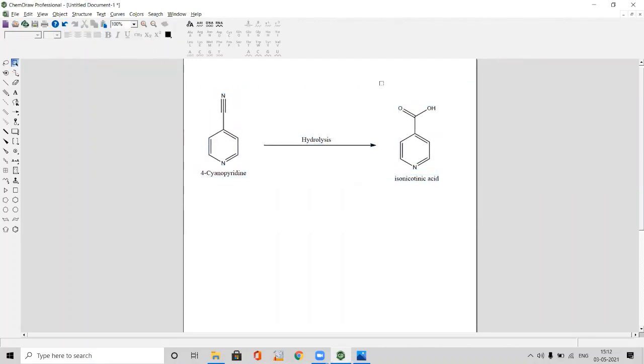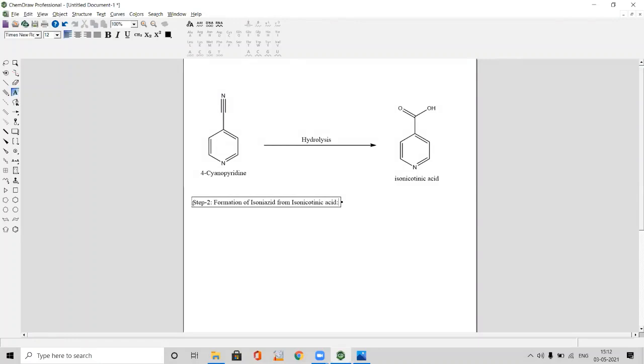Now let's move on to step 2. For that I need to copy this. Step 2, formation of isoniazid from isonicotinic acid.